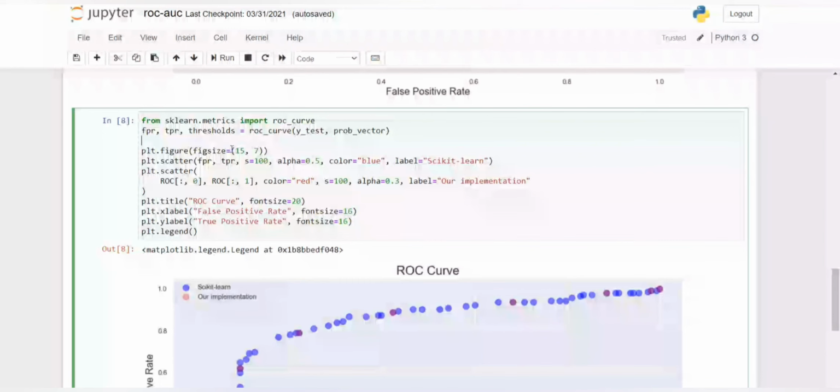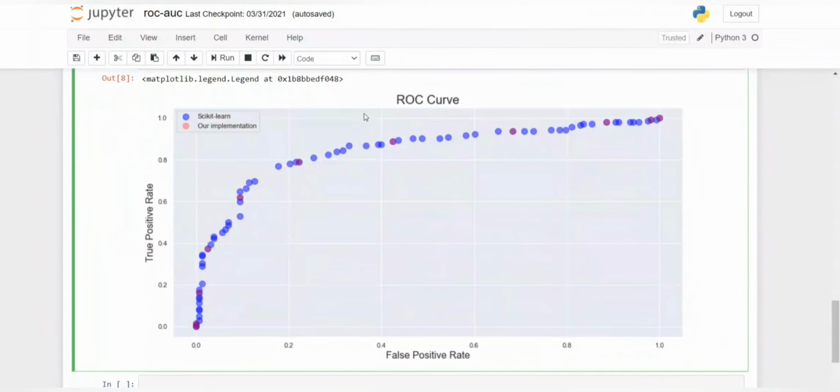Then plt.figure, figsize is 15,7. 15 is the width, 7 is the height. Now we plot a scatter plot of false positive rate and true positive rate. As you know, the ROC curve is plotted from false positive rate against true positive rate. False positive rate will come on the x-axis, true positive rate will come on the y-axis.